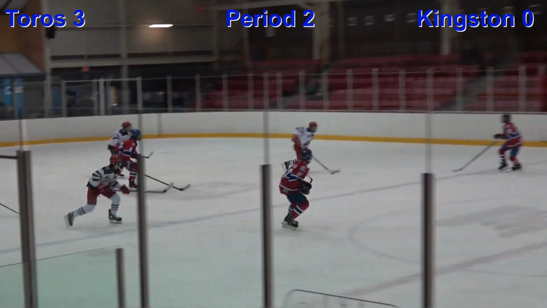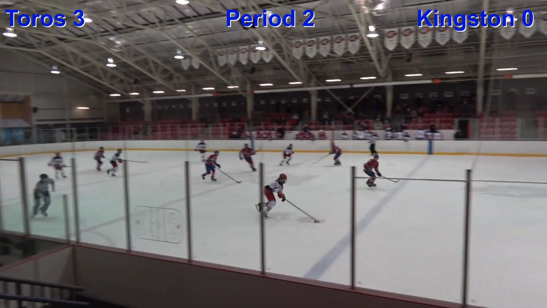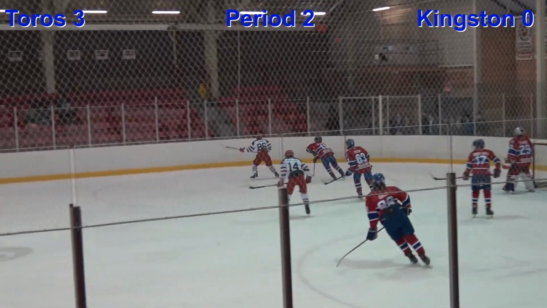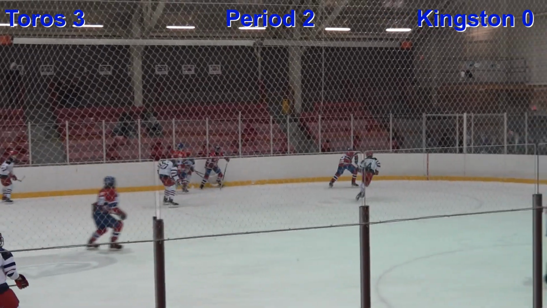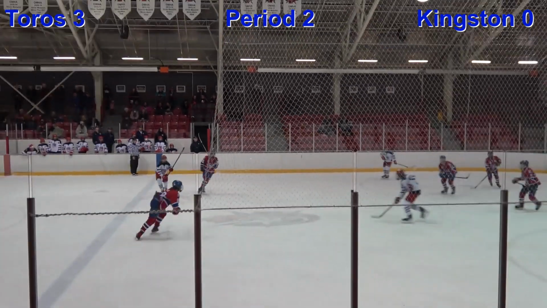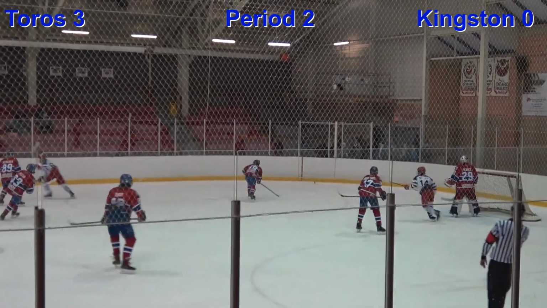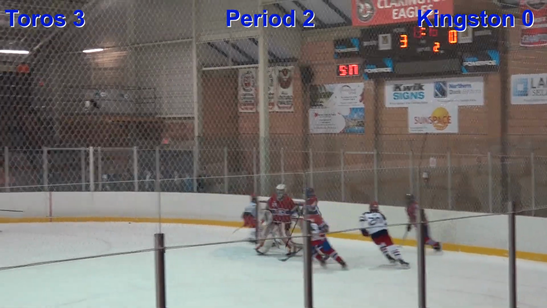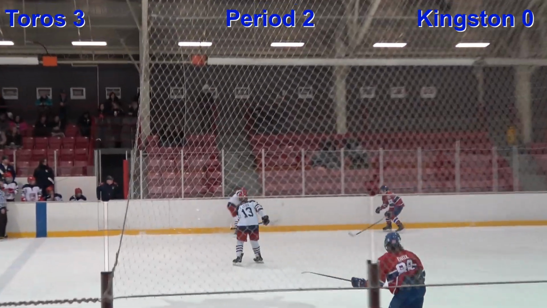Taken away here by the Toros with a stretch pass. Tipped away through center. Here comes a pass to the other side as Whitlock brings it in, but his shot is going in wide. Shaw tried to keep it on that right side. Good job by Fair to hold it in. That leads to Evan Hay to backhand it deeper into the corner. Whitlock goes for the hit to try to cause a turnover. Kept in by Fair from the line.